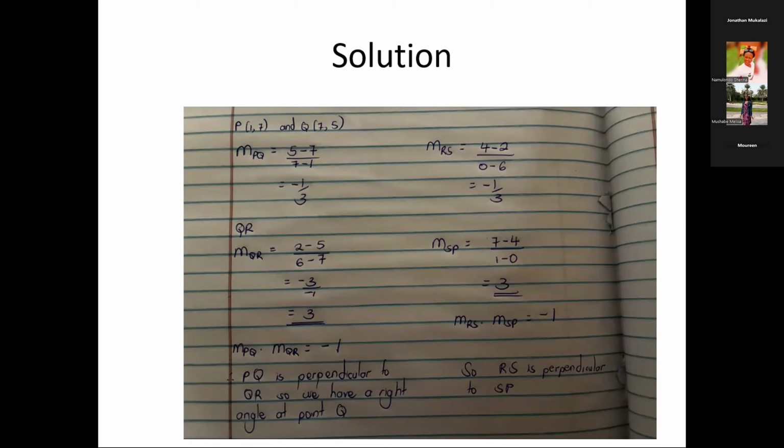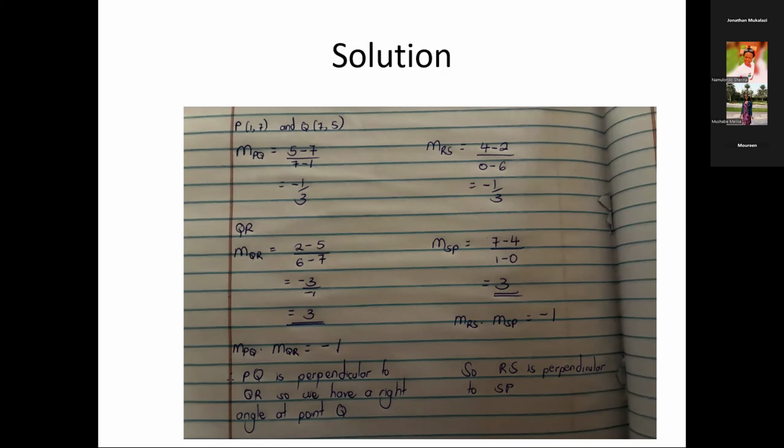So when we calculated the gradient of PQ, we got 5 minus 7 over 7 minus 1, which gave us negative 1 over 3. And then the gradient of QR, 2 minus 5 over 6 minus 7, which gave us the answer as 3. And then the gradient of RS gave us negative a third, and the gradient of SP gave us 3. So on evaluating, we realized that the gradient of PQ times the gradient of QR gives us negative